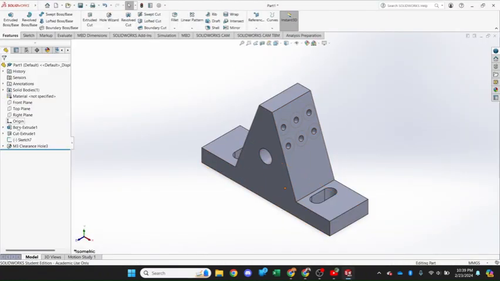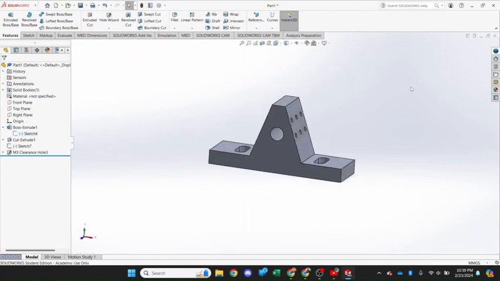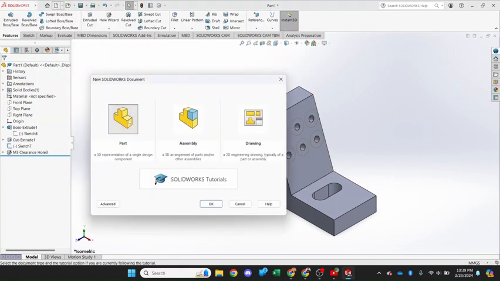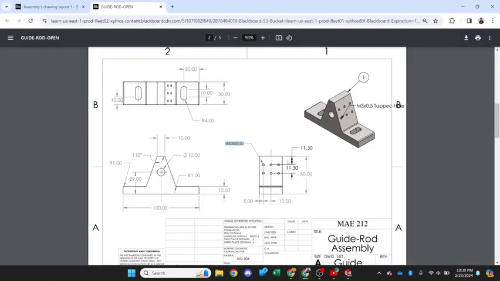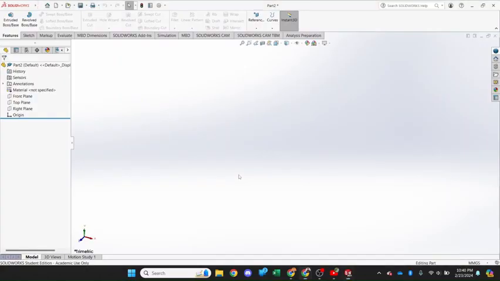I did not do my height of 50. Now we're complete. I'm going to start a new part here. New part. We're going to make sure we're in millimeters. We're going to do this rod here. Rod's pretty simple. So start on the